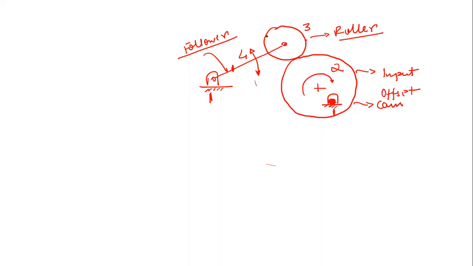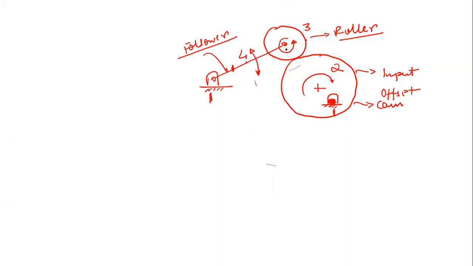So let's say if I am imparting motion to this roller, will the motion be transferred either to link 4 or link 2 in this case? Any idea? No, sir. I am giving the motion to this link 3, or roller. So this roller is now turning around its own axis, right? Just remember this thing. This roller is going to turn around its own axis.